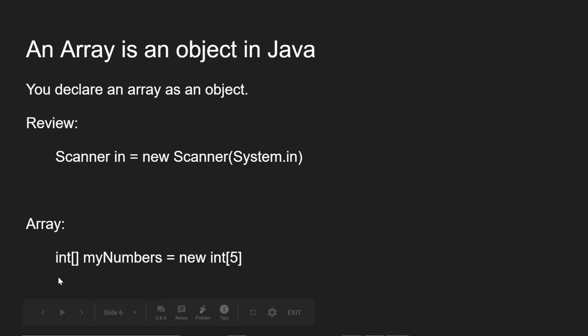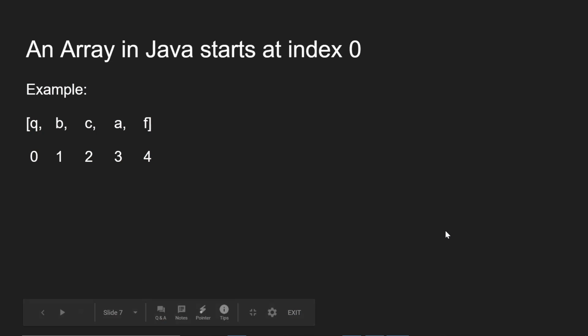An array is very similar. Int with this little brace thing, that's saying, hey, I've got this object. This object's an integer array. myNumbers is the name I'm using to point to an integer array. In other words, myNumbers is going to be an integer array. Equals new int[5]. So now we're creating an instance of an integer array, and the 5 inside of the little braces tells us how long our array is going to be. So here's an example of a list that's 5 items long,